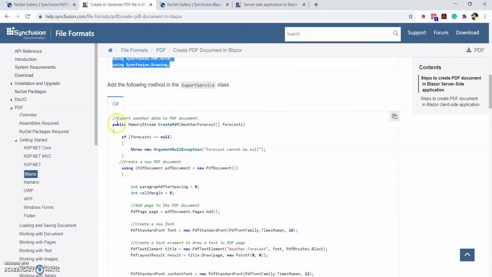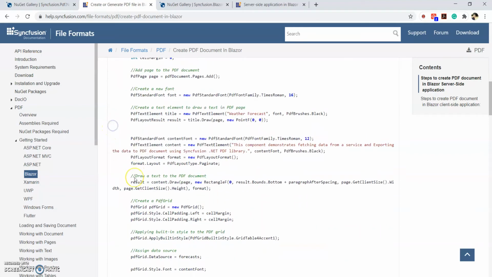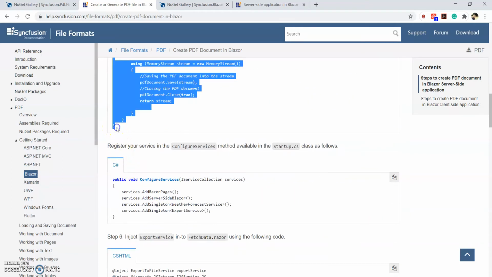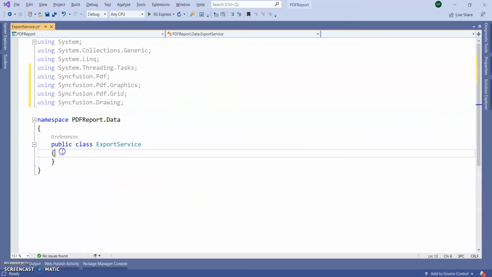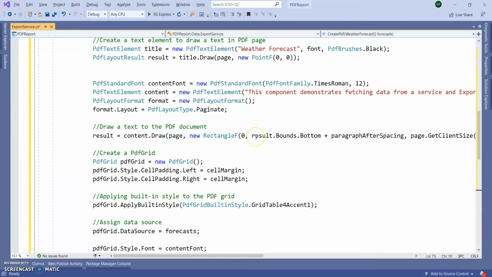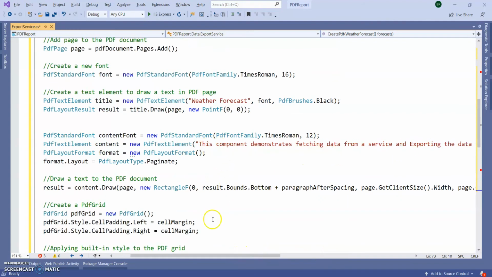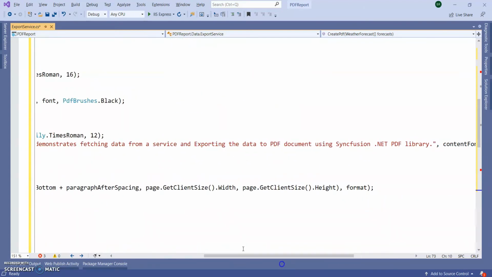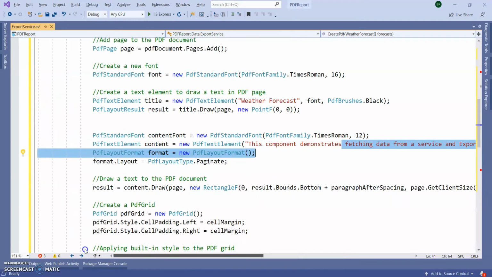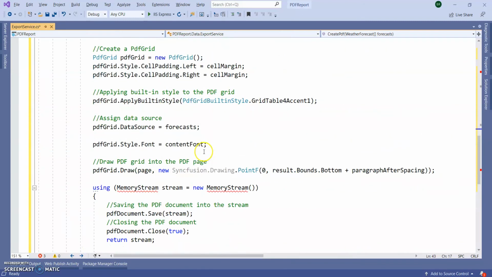Next, we need to add this method inside our newly generated class. It's a demonstration of everything. I'm not modifying anything. You can modify this text as per your requirement.